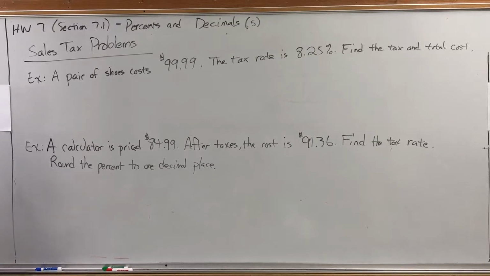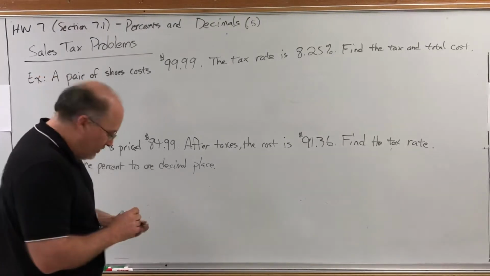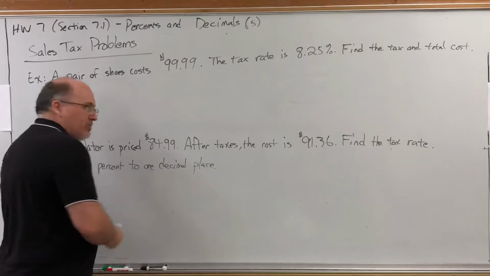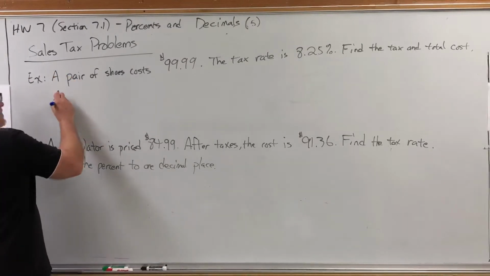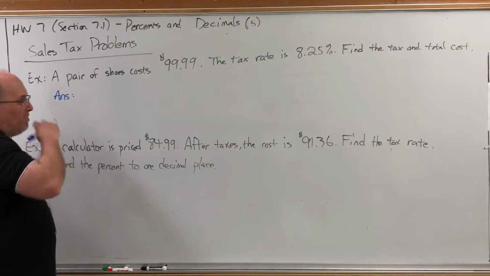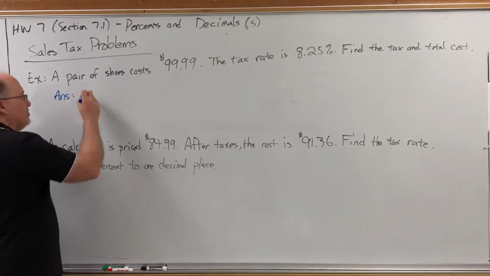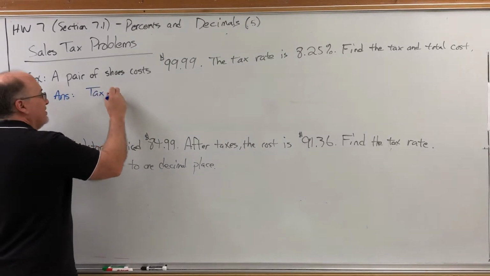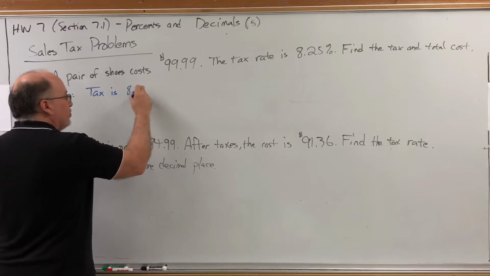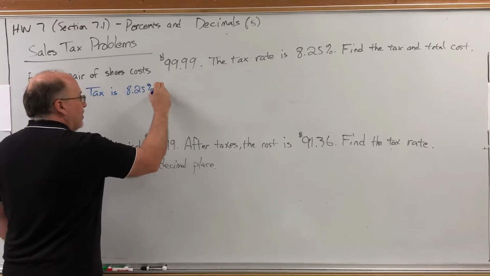A pair of shoes costs $99.99. The tax rate is 8.25%. Find the tax and the total cost. So here we're being asked to find two things. Let's start by finding the tax. Now, what do we know about the tax? We know the tax is 8.25% of